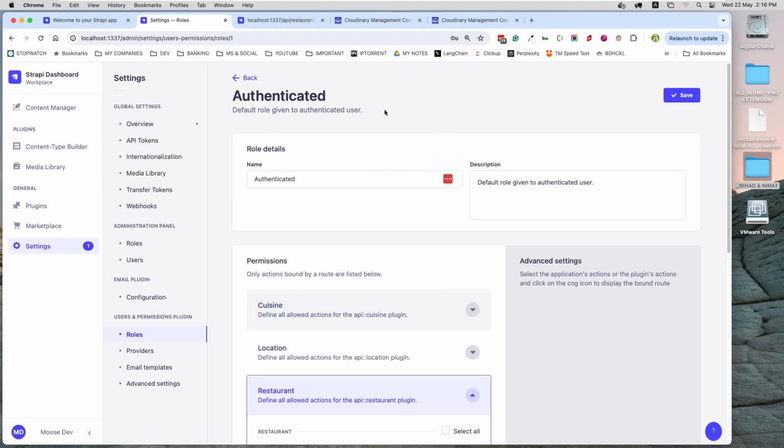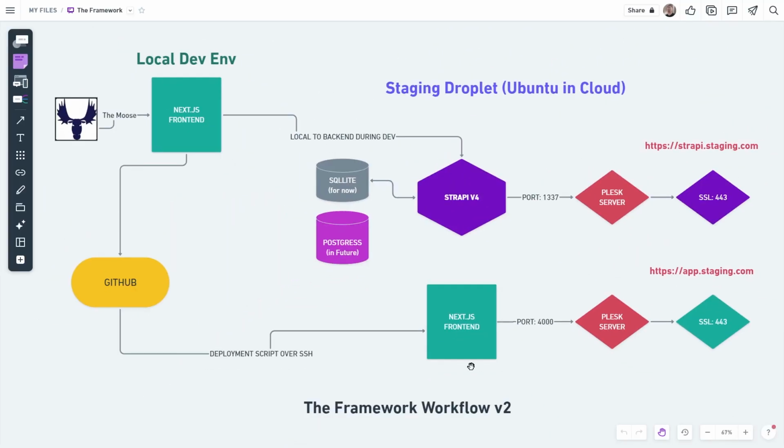Now, talking about that, let me show you how I structure my deployments. This is the whole blueprint of my deployments. I use a staging droplet in the cloud, which uses Ubuntu Linux. This is my local dev setup front end. I deployed the Strapi backend in my Ubuntu droplet, which is currently using SQLite, but eventually I'm going to upgrade to Postgres. The way I do it is I pull it in using npm,